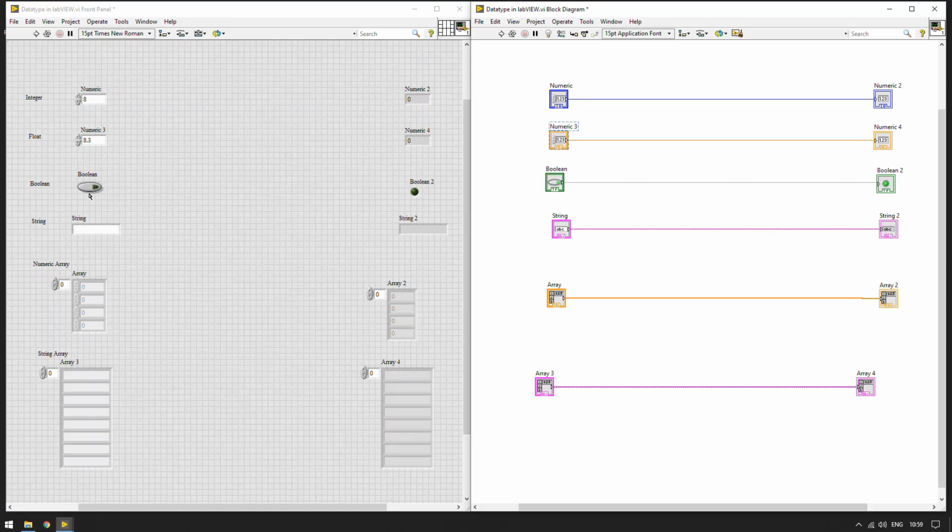That is very important, and let us put some values. 2, 6.